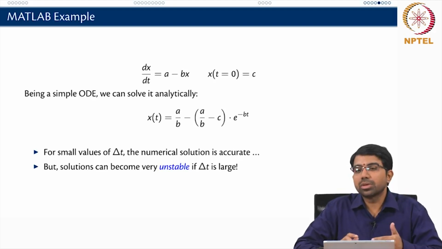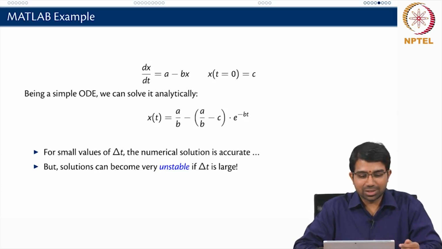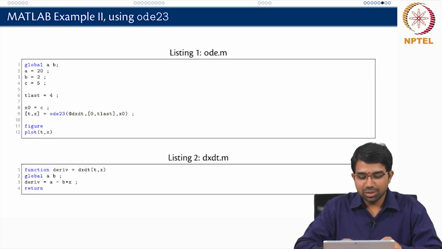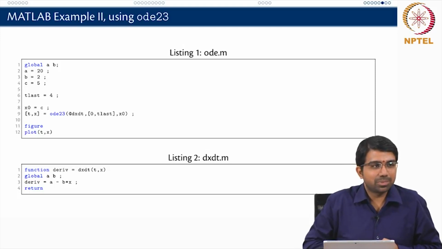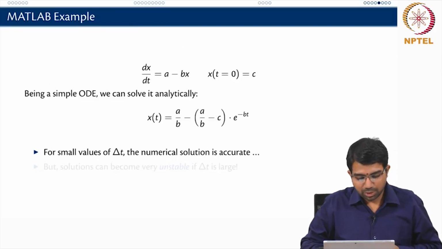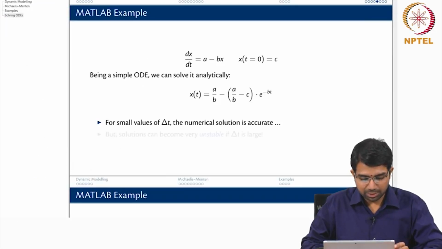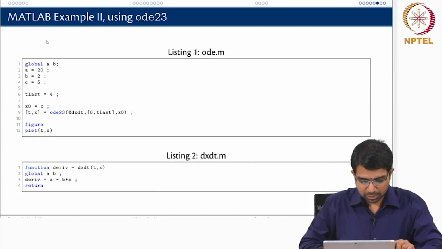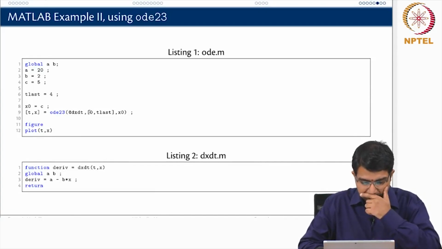But you do not want to be worrying about finding delta t or giving out a value for delta t. So, what would you do? There is a simpler way to do it. We just use a built-in ODE solver from MATLAB. So, here if you see, the code has become even simpler. All these lines have basically been replaced by just t comma x is ODE 23 of dx dt 0 t last x naught,